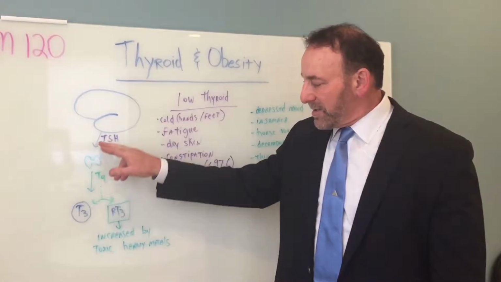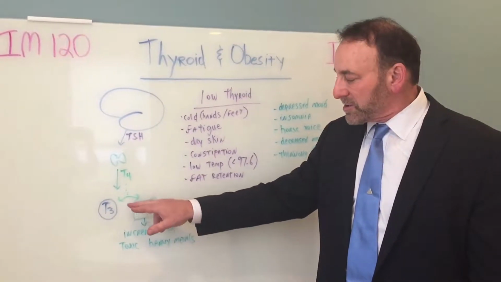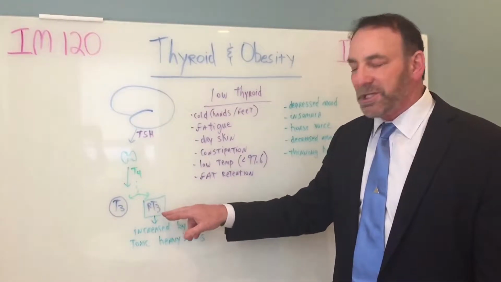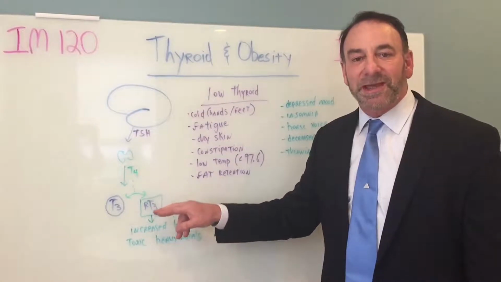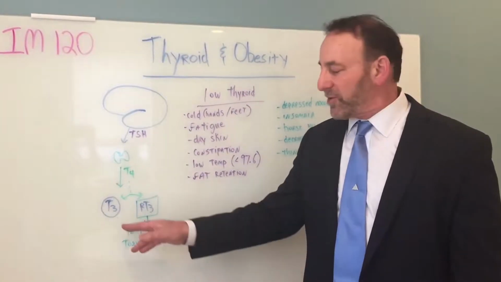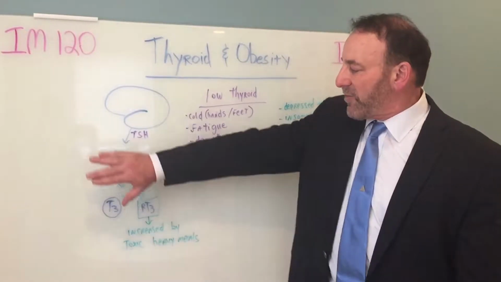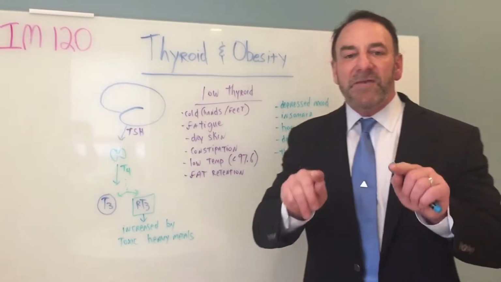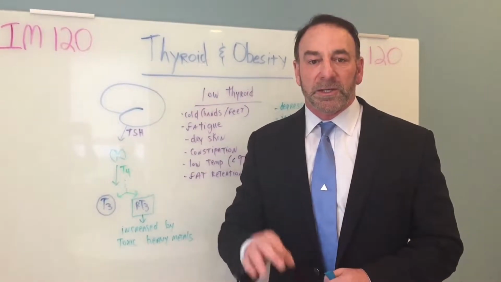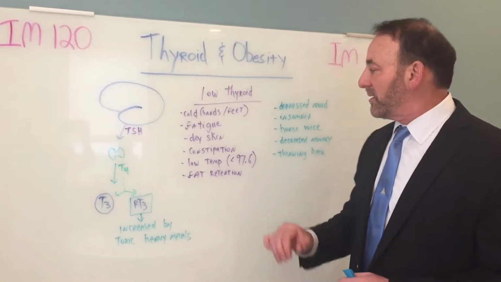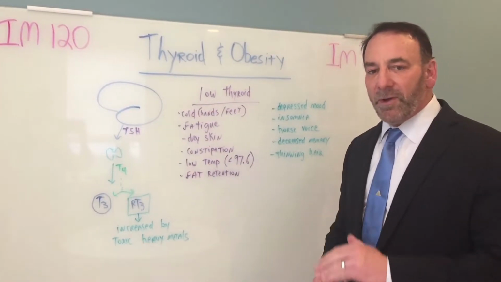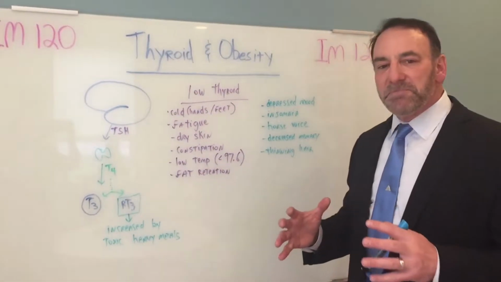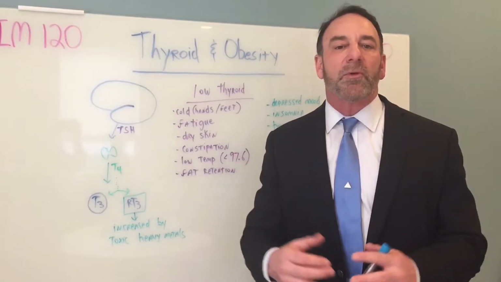And here's why. Down here at this conversion, sometimes the body makes not T3, but an entity known as reverse T3. Reverse T3 is the evil twin. It neutralizes the beneficial effect of T3. You can have a normal looking study, a lot of reverse T3, and feel poorly, even if you're on thyroid hormone. Some secondary symptoms worthy of knowing: depressed mood, maybe even outright depression, insomnia, hoarse voice, decreased memory, sometimes described as a bit of a brain fog.